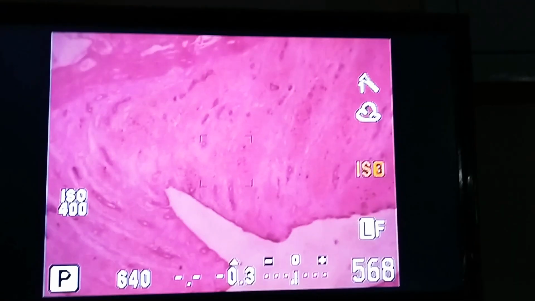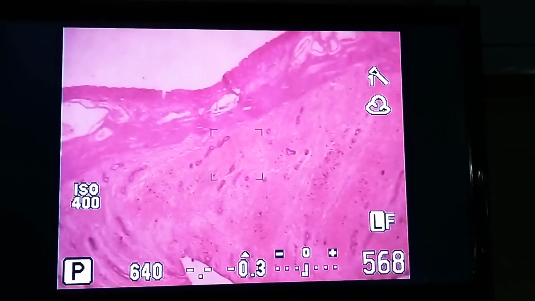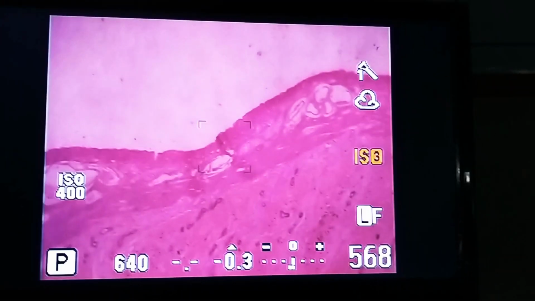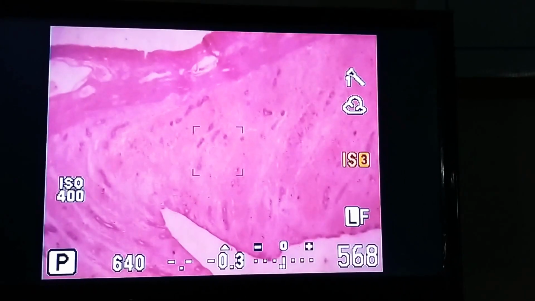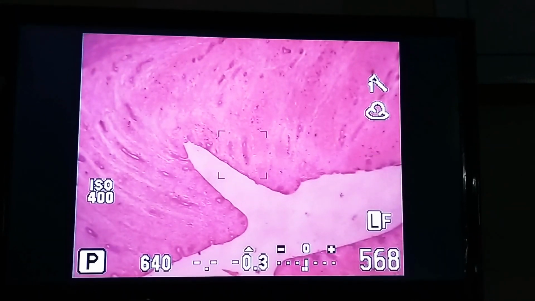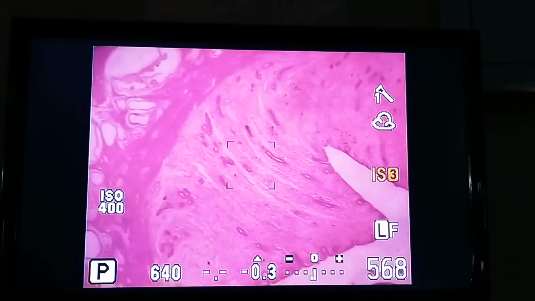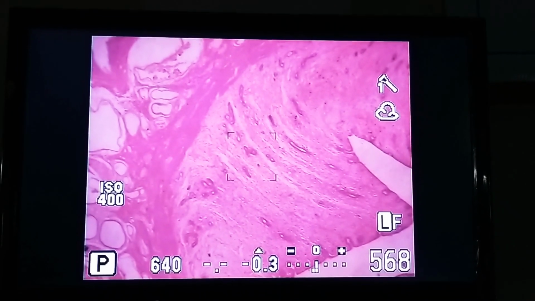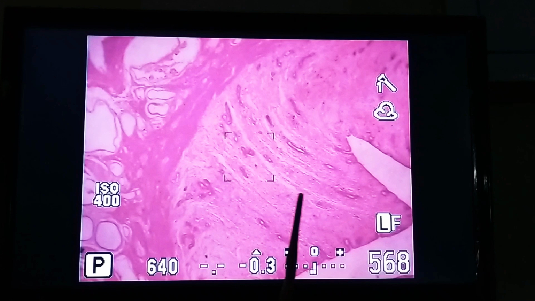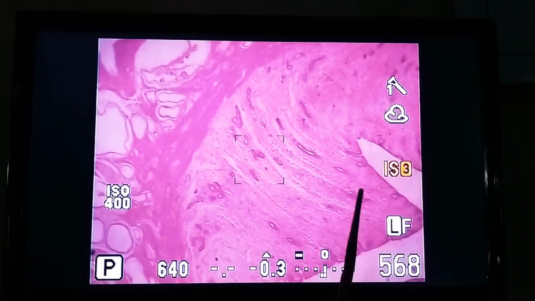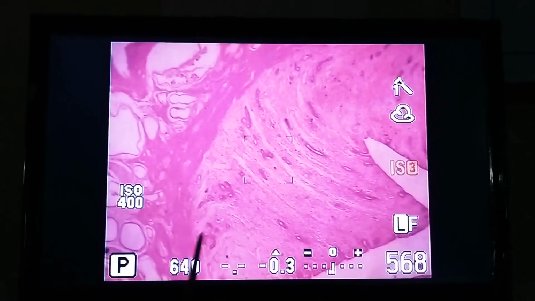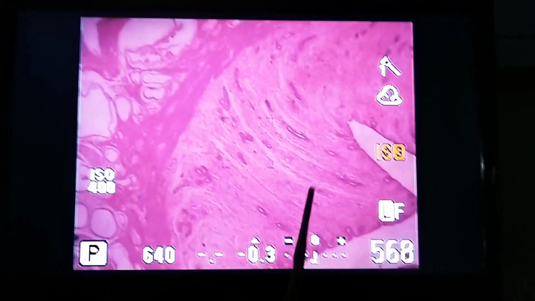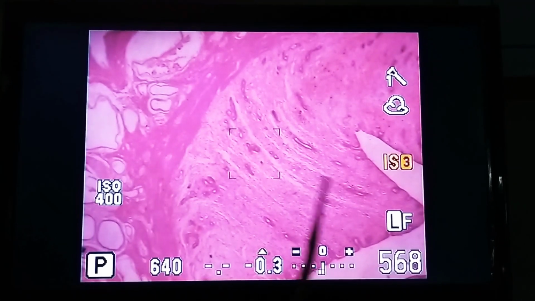As I'm going upwards, you can see the endometrial glands and myometrium and then perimetrium. Okay, so observe the glands properly. It is straight glands. You see here properly, it is straight. So what type of phase is this? This is proliferative phase. As I told you, in proliferative phase the glands will be more of straight type, and if it is secretory phase, it will be like a sawtoothed appearance. Okay, so it is very clear.